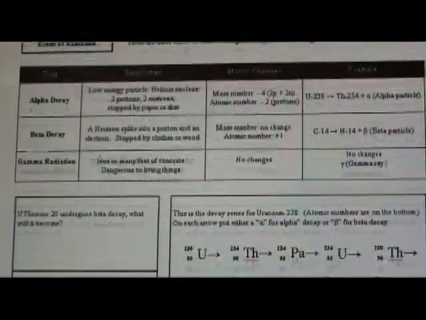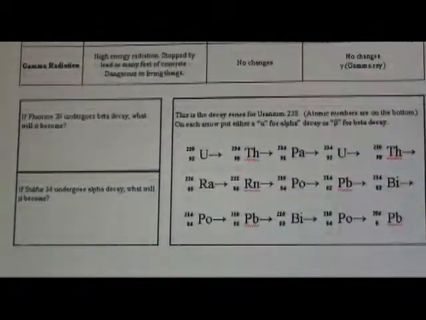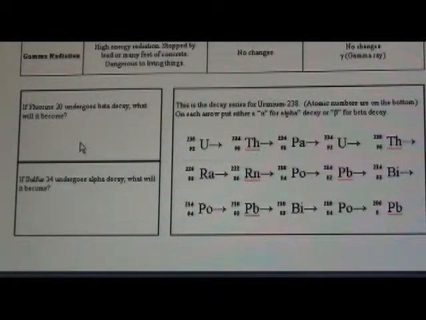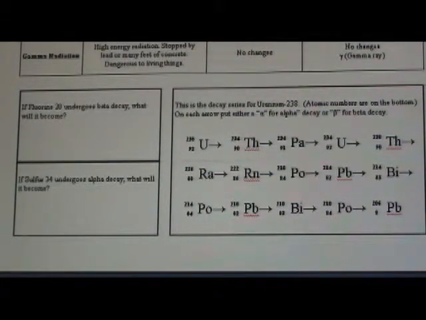So for us to practice at the bottom, and the types of problems that you may see on the ACT, an example would be: if fluorine-20 undergoes beta decay, what will it become? So in this particular case,